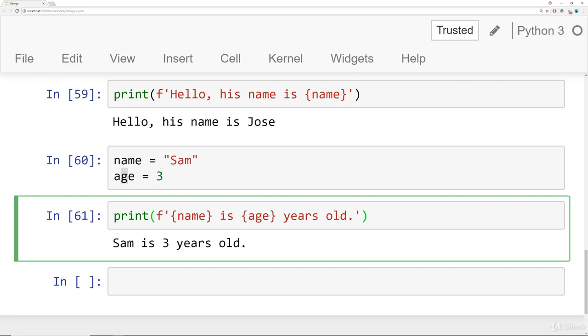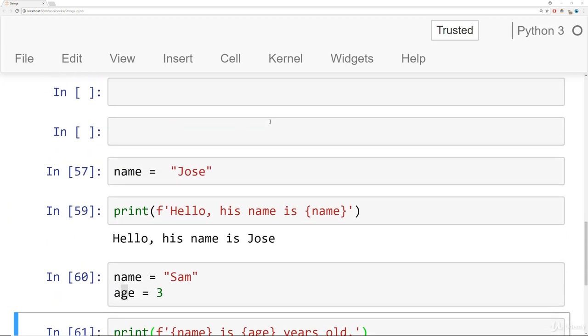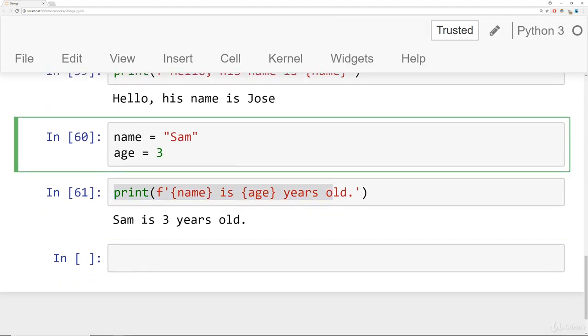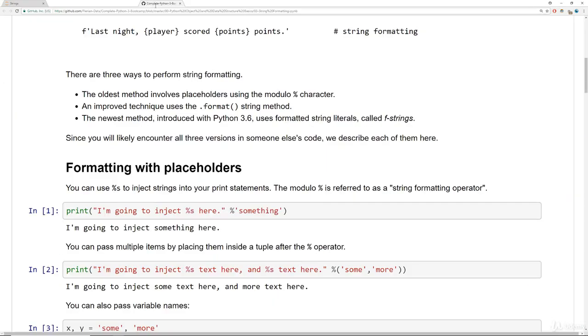Okay, those are the very basics of string formatting. We have a lot more examples in the notebook in case you're interested. And we also have examples of some older string formatting methods that technically still work in Python 3, but I would really recommend that you either use the dot format method, or if you like this new f-string method, use that as well. I'm going to briefly just show you what the notebook looks like for this lecture.